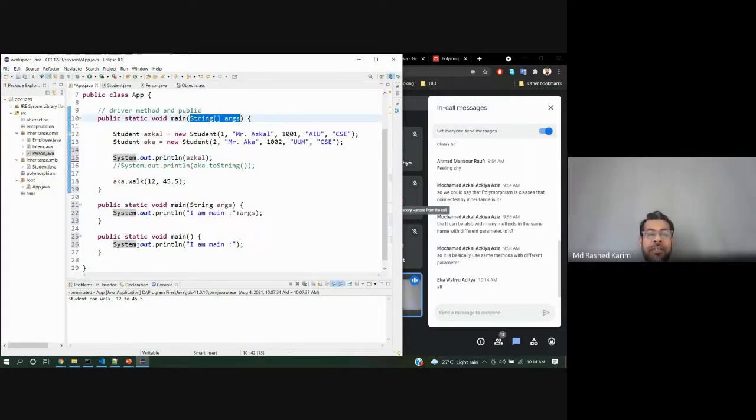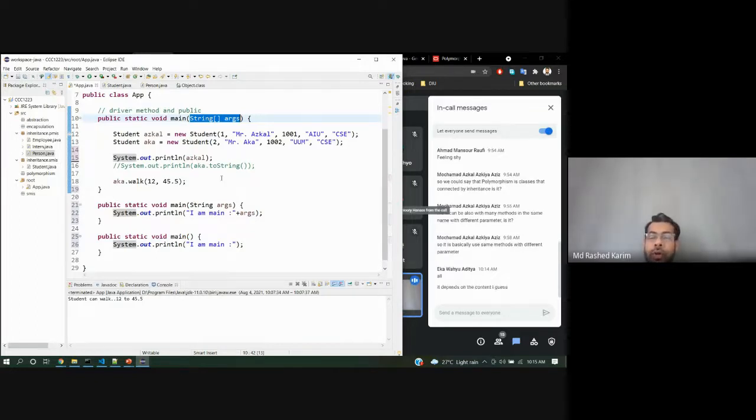So what is the use of the different main methods? It depends on the case.